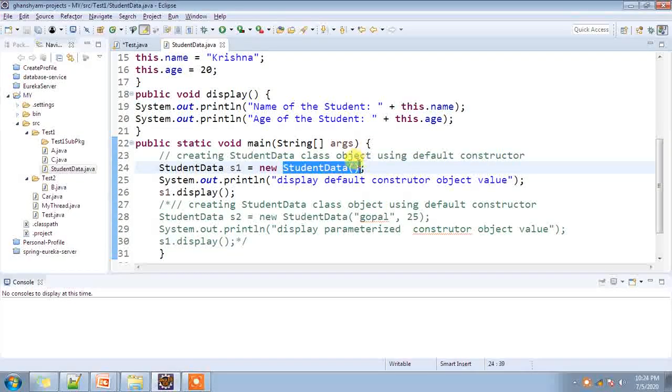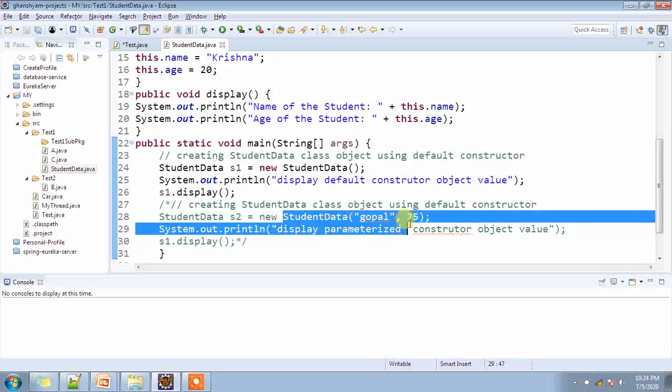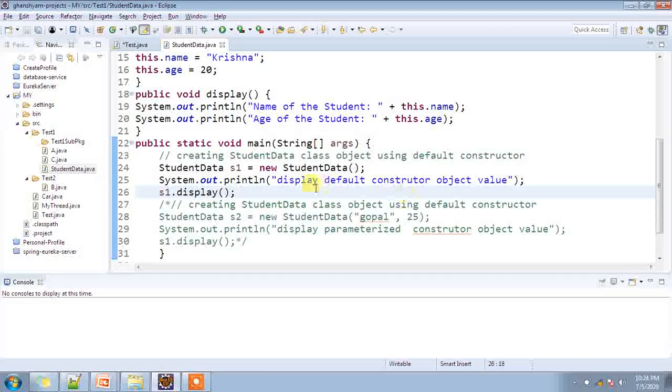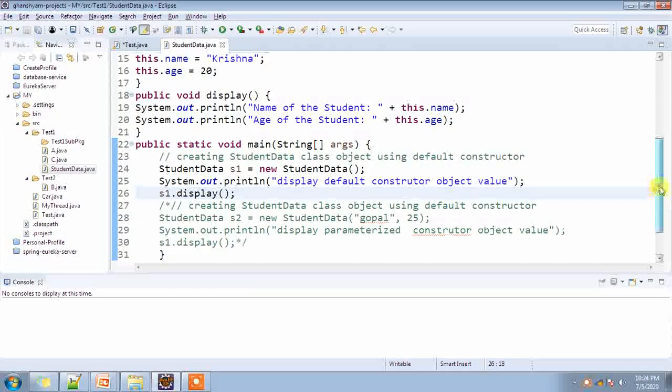parameterized constructor. So here first we create a StudentData object by using the default constructor. This always shows which constructor is used. Here we are not passing anything in the parentheses, so it is the default constructor. If you pass values in the parentheses, it is called the parameterized constructor. So it will create the object, and when it creates the object it will call the default constructor.